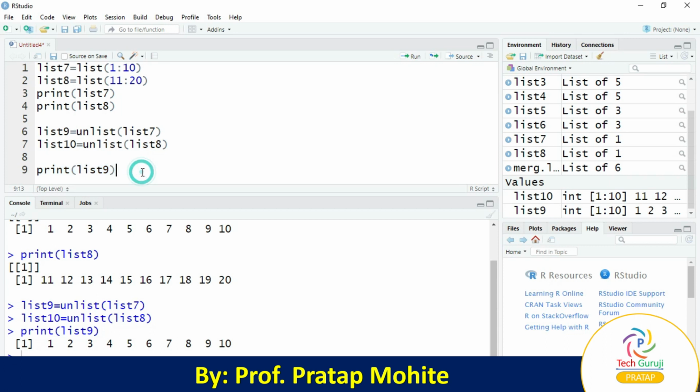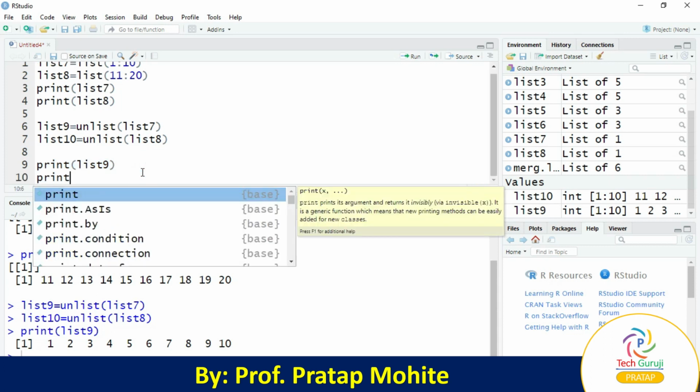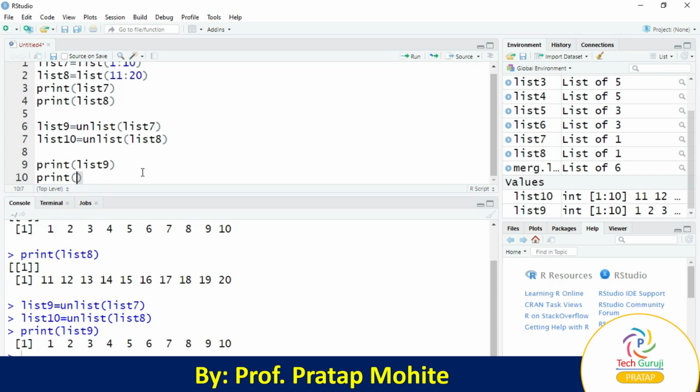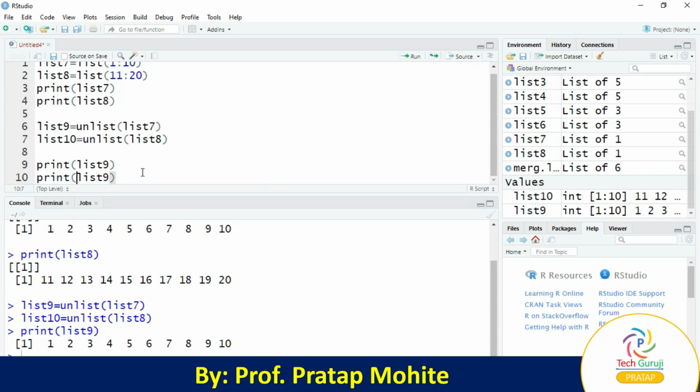What we have to find out is, as we changed the class of the variable, yes, we have changed. So list9 is currently a vector, so we'll use a function called class. By using this function, we can find out the class of a specific variable.